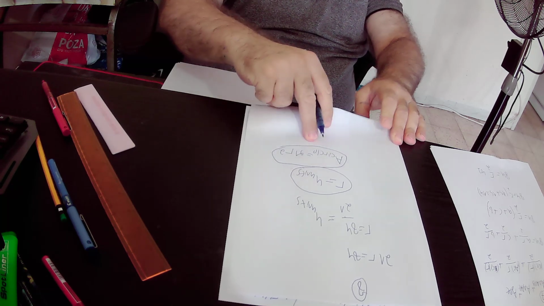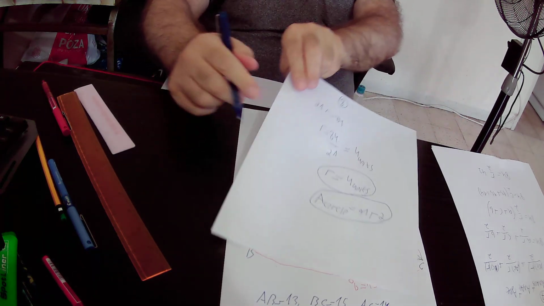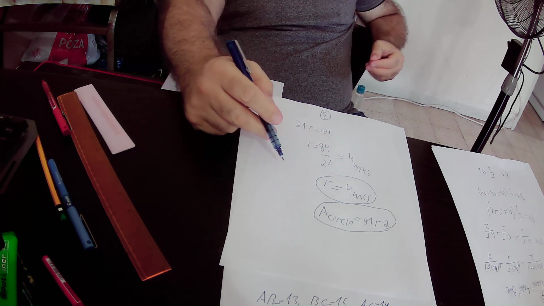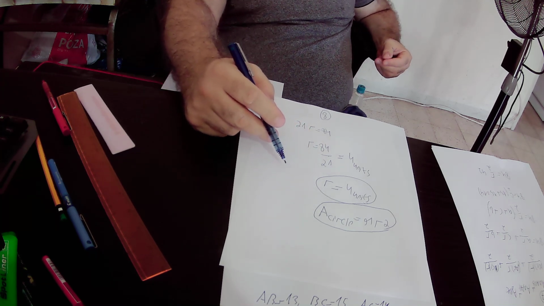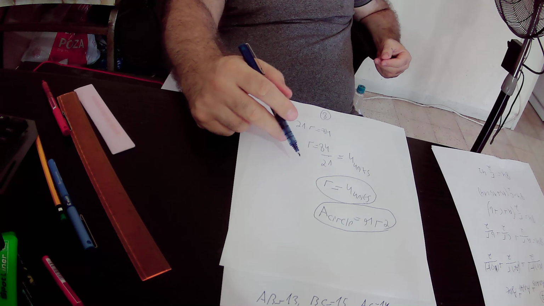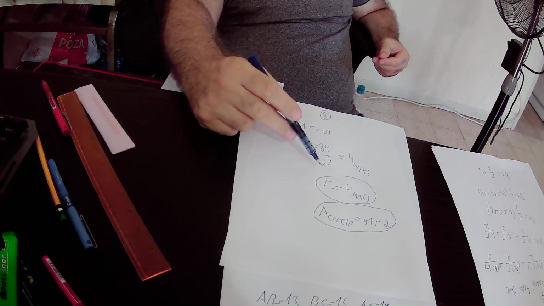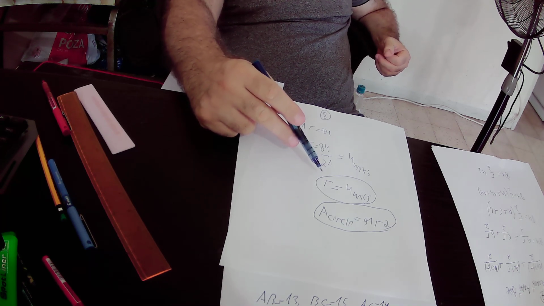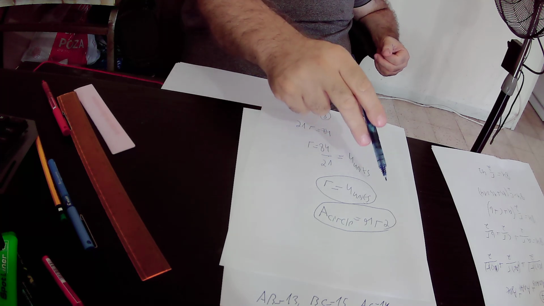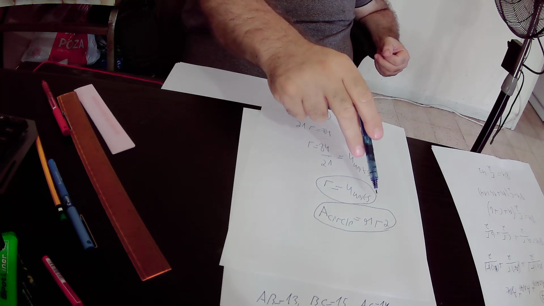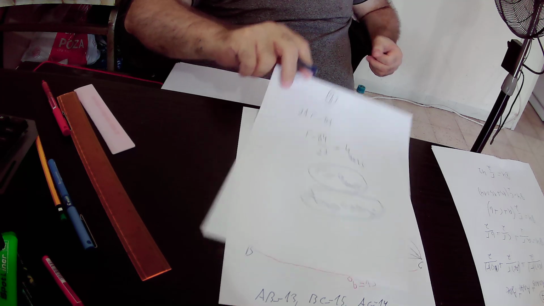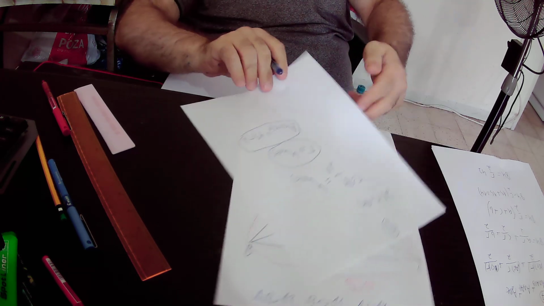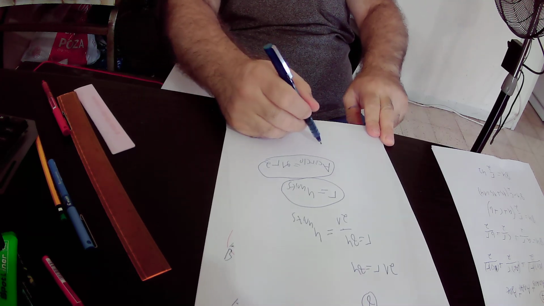Okay, so this is the formula for the area of any circle. We've already found out that R equals 4 units, so we can substitute R by 4 units in this formula, and we will get that the area of the green circle